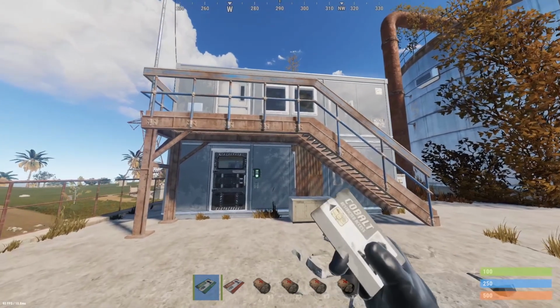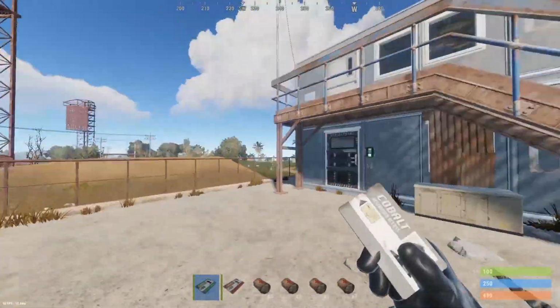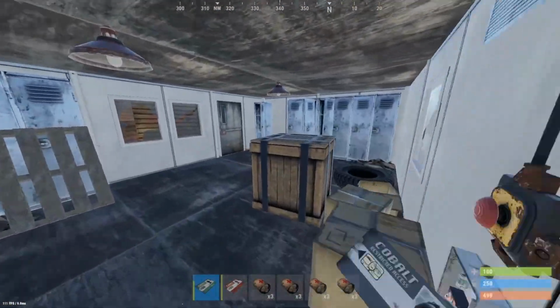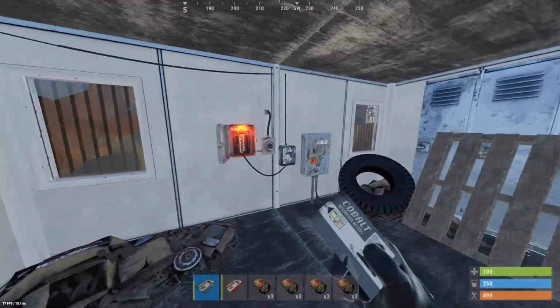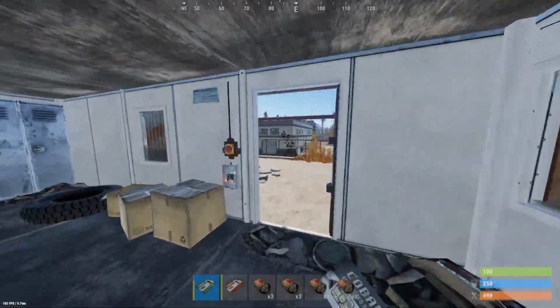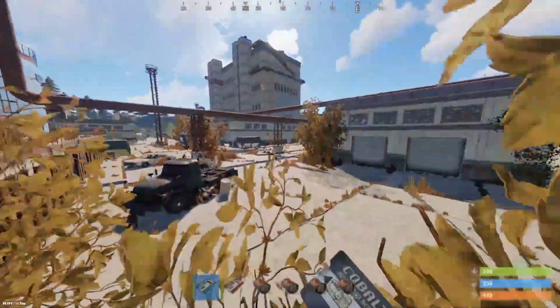So to start, you want to find this building right here. There's the rocket. There's the large building. It's not too hard to find, but swipe in with your green card. There's going to be a crate in here. You want to put your first fuse in this fuse box right here. Flip the switch. Then you want to run to the second fuse, which is on the opposite corner of